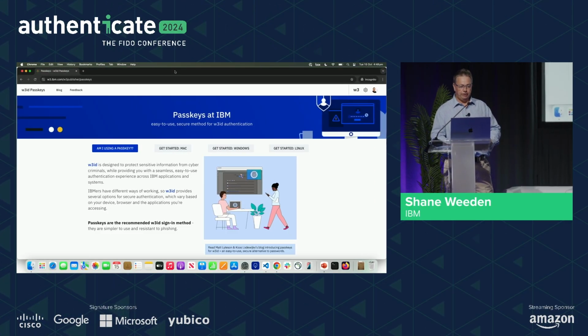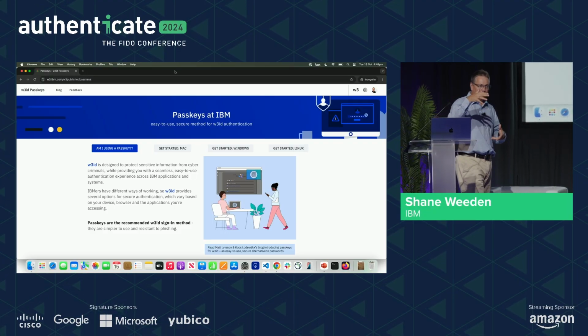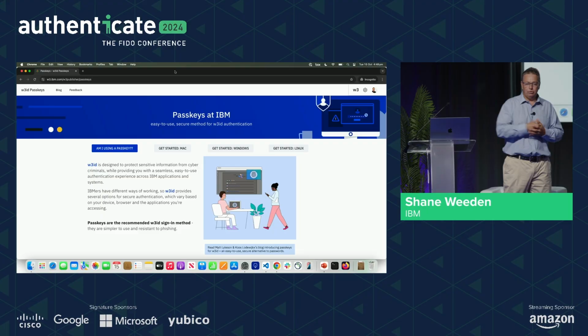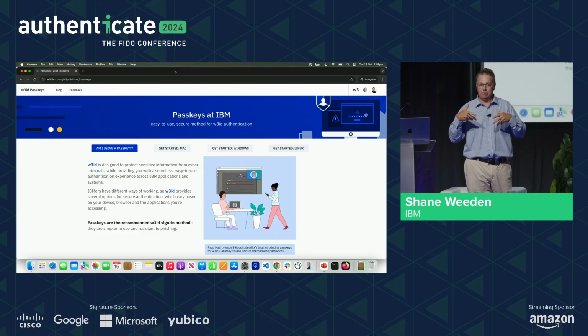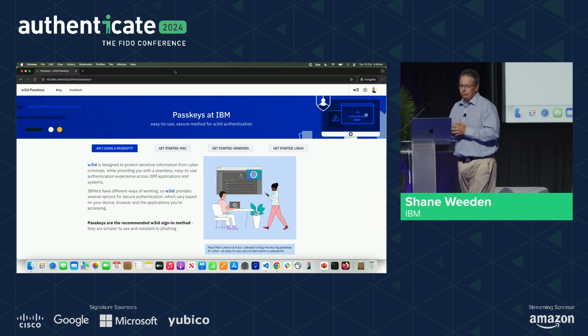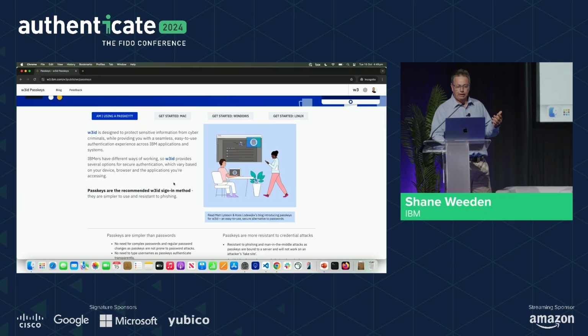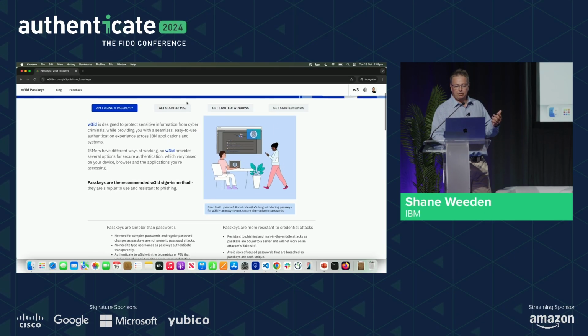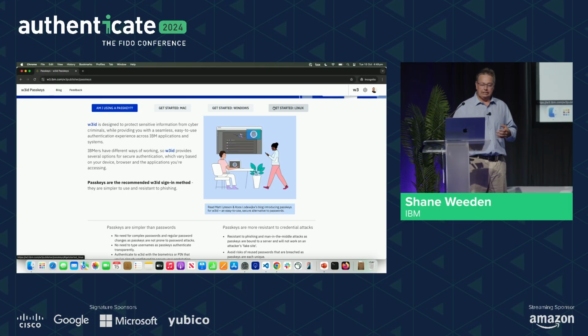I've preloaded this off our intranet, but we have a page, like a landing page, that we direct people to. In the same way that Google has g.co/passkeys, we have ibm.biz/passkeys, but it's an intranet link, so it won't lead you anywhere that you can get to. But it has information on it about simple things like, am I using a passkey or not already? And then click-throughs to what platform you're on and what authenticators you might be able to use on that platform and how to get started with them.